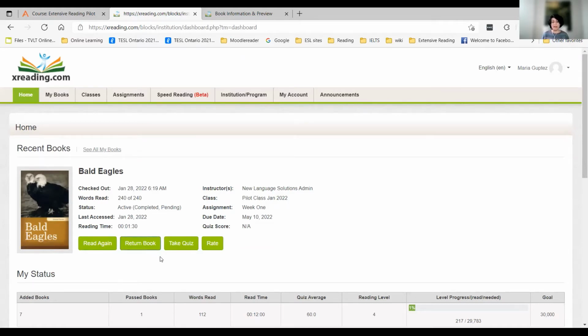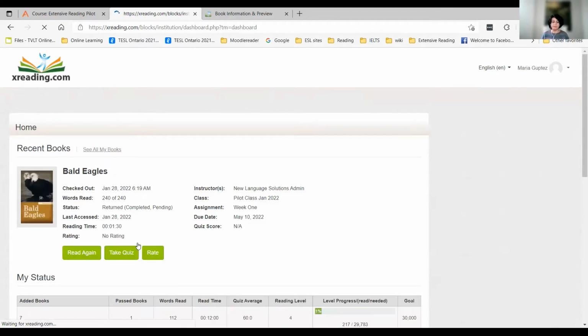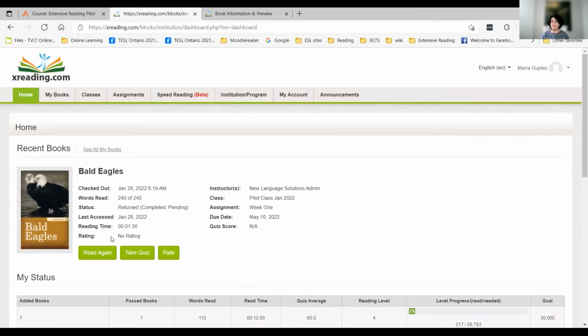She has to do that, and then she can take the quiz. Before returning, the quiz will not be active. So she returns the book. She can still read it again if she's not confident enough, but then if she is, she can take the quiz. So she clicks here to take the quiz